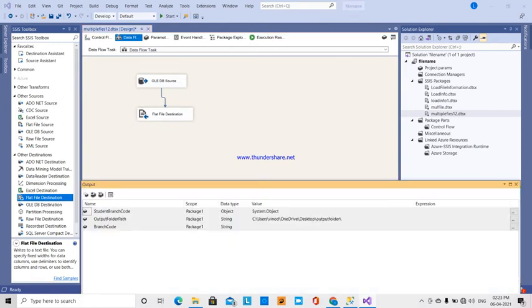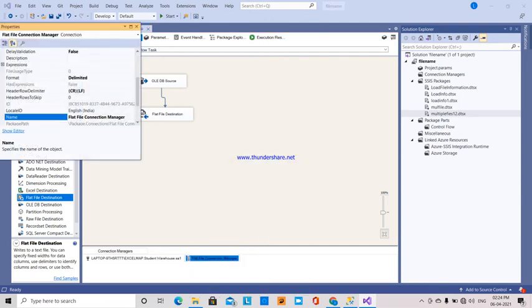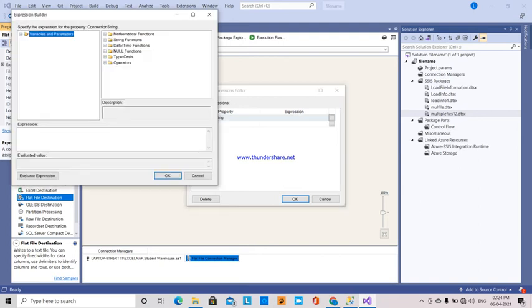The next thing is for the flat file expressions I have to give, like flat file connection manager, right click on that, properties, and go for expressions. For every path it has to go, here it is a connection string and expression.